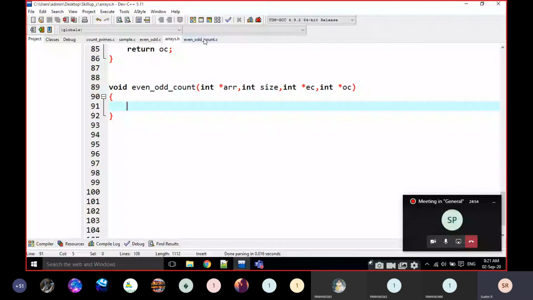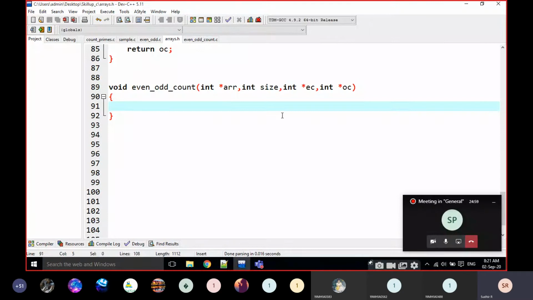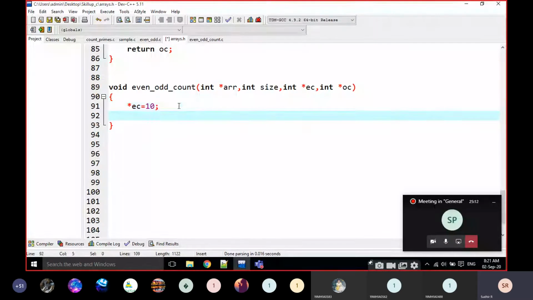This is the address, right? We are passing the address of integer values, that's why I am catching them using pointers. Okay, I will show you. I am not writing any logic here. Star ec is equal to 10. Star oc is equal to 5.